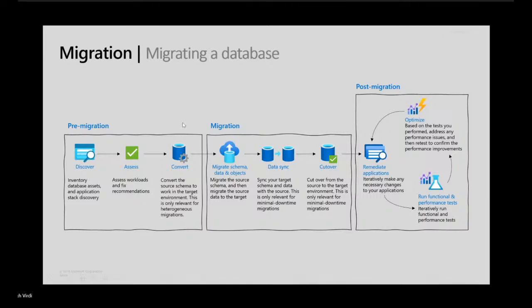Now, once the pre-migration is done, the assessment is done, we identify what the schema is like and what are the different fixes that you have to do in terms of making sure that the schema is compatible with the target. Then after that we do what is called the migration of the actual objects and the schemas and the data, right? So we migrate the data out of your Oracle database to the target system. We migrate the schema objects.